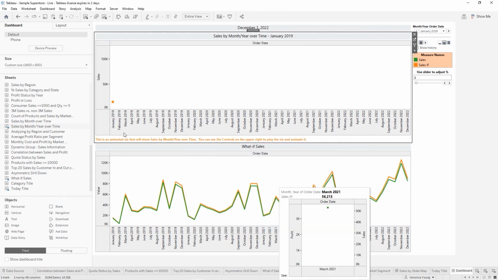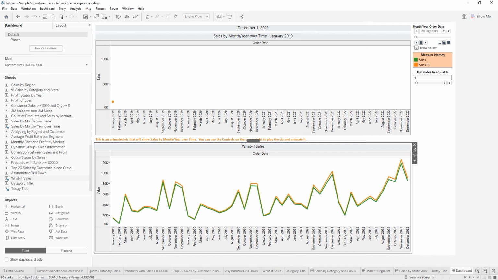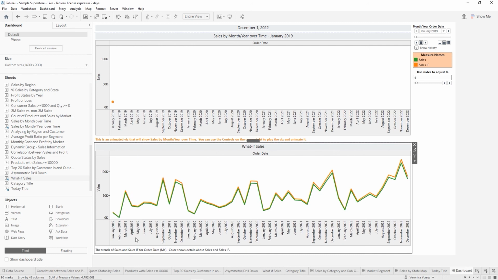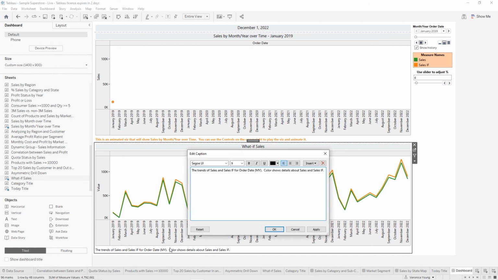Okay. And now you want to make sure what if sales is selected. We're going to go back to worksheet, show caption. Let's double click the caption for this one. The trends of sales and sales if for order date. All right, we can keep that part. But before it, I'm going to put this viz is showing the trends of sales